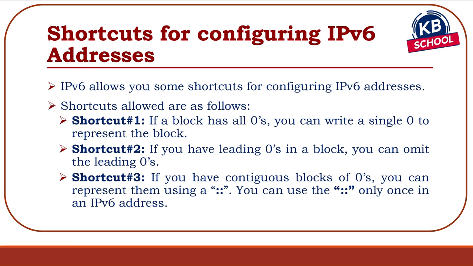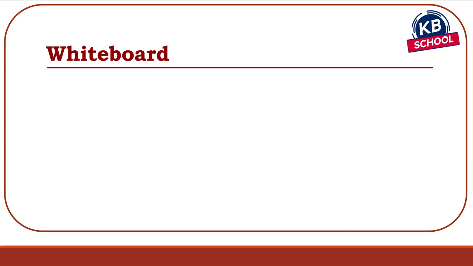Because it's a long address. There are 3 different levels of shortcuts that you can have. The first shortcut that you can have is that if a block contains all zeros, you can write a single 0 to represent the block. Let me give you an example of that. If I had an address like this,